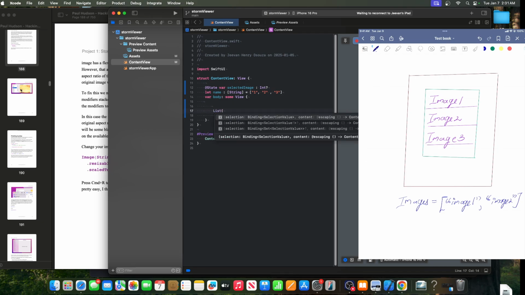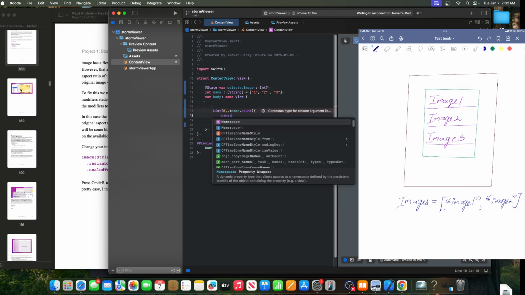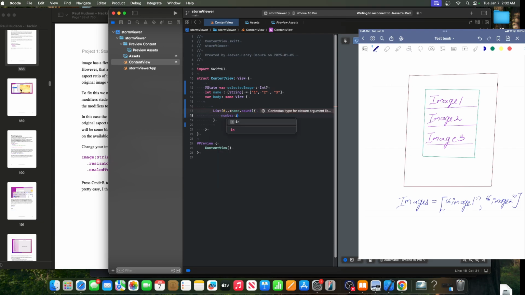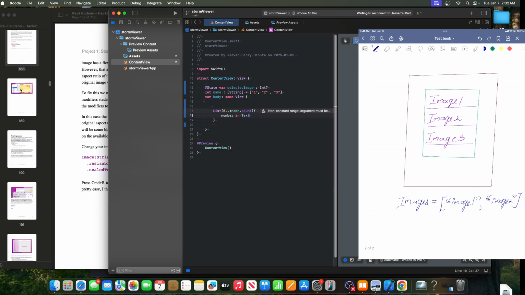So this is going to be 0 till, let's name dot count, and then this is a closure, right? So then I'm going to have an extra dot, and then I'm going to do number in, and then just ignore that warning for the time being. Text and